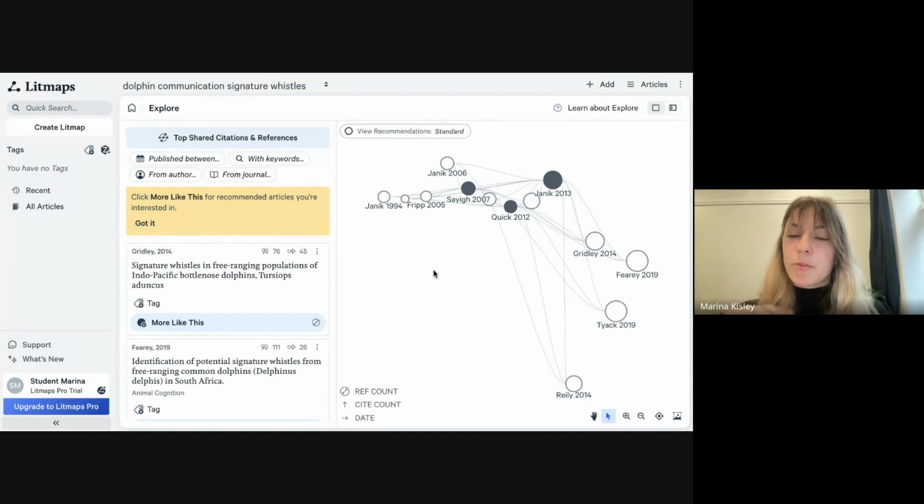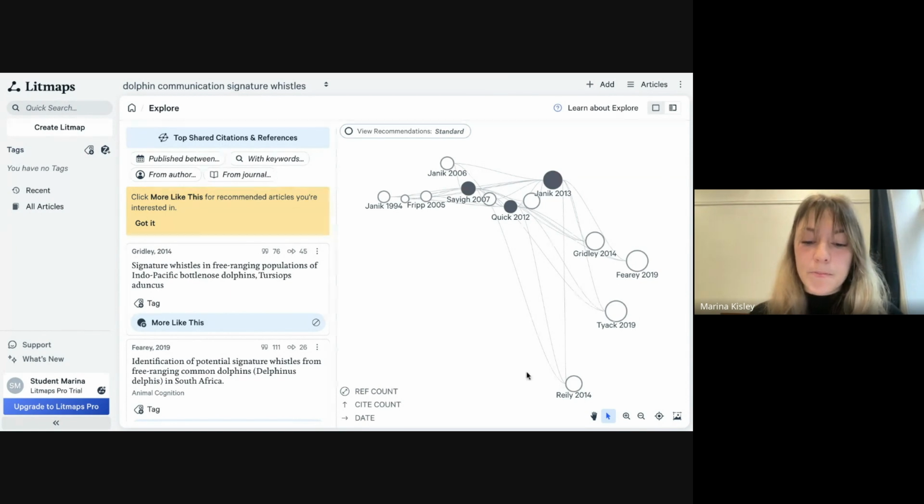And at this step, so we had our topic, we found some starter articles, we made a map, but our main goal here when we're starting literature review from scratch is just to start finding the most relevant papers on our topic and just to start getting a grasp on our field. So looking at the map, we can use the visualization here to actually understand which paper I should be reading